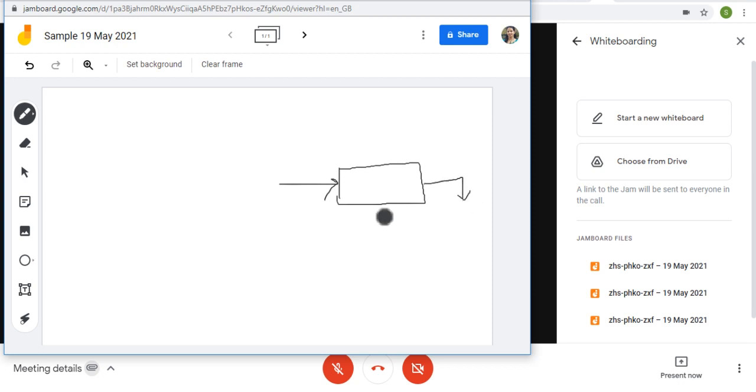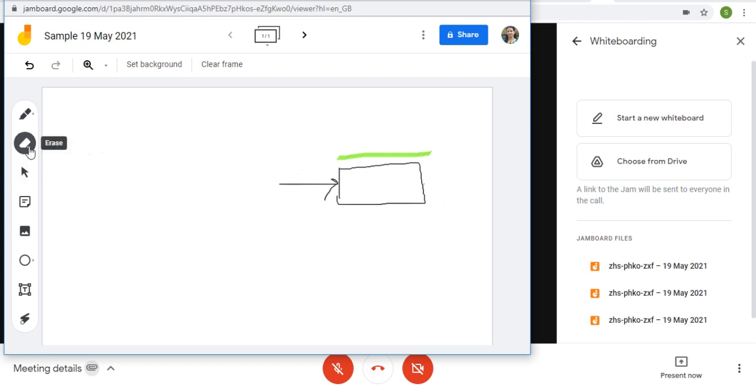Okay, shapes is also present inside this. So here, if you want to take a highlighter, then you can take the highlighter. You can change the color for this, and you can highlight this part. Suppose if you want to highlight any part. Okay, then here is an eraser. If you want to erase some part of your diagram, then you can use the eraser and you can erase this part by using this eraser. Eraser option is also here.